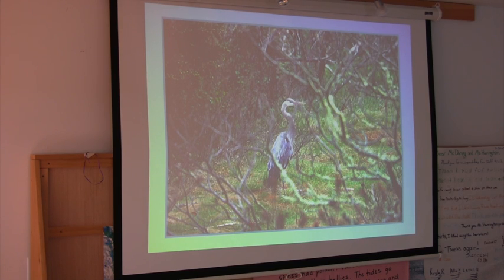They love sumac wood because it is very light, but also very strong. And it's what they like to build their nests out of. So there was, at that time, a sumac patch, and here is a female heron gathering sticks that have fallen off the sumac onto the ground. And you can see this one is kind of worn, it's shop worn. It's an older bird. It's frayed from wear and tear because it flew up just a short time ago from the Southland. It follows the frost line,